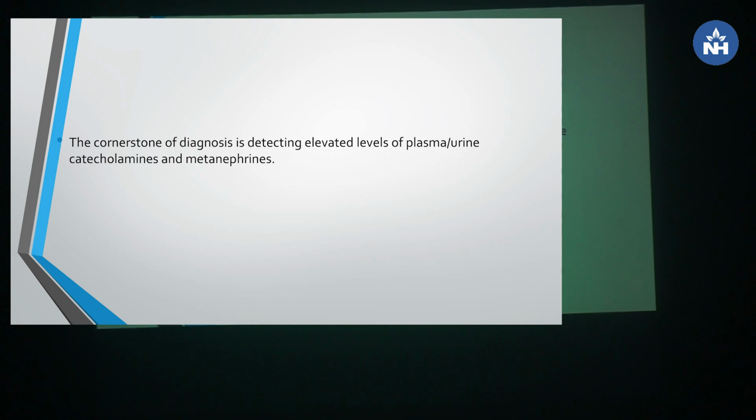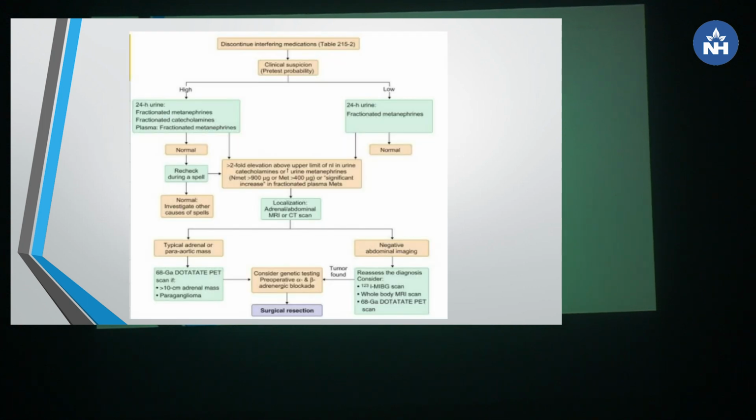So this is a flowchart regarding the investigations for pheochromocytoma. First, we need to discontinue interfering medications. These include TCAs, phenoxybenzamine, levodopa, beta blockers, amphetamine, and methyldopa. Once these medicines have been discontinued, we look at the clinical suspicion. If the probability is high, start off with fractionated metanephrines and fractionated catecholamines,